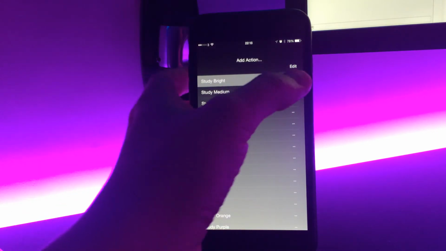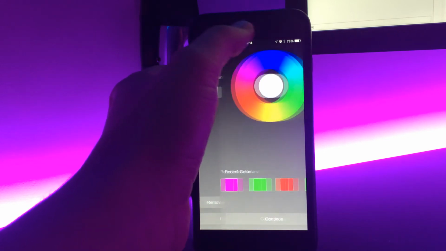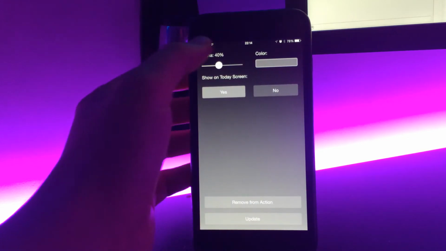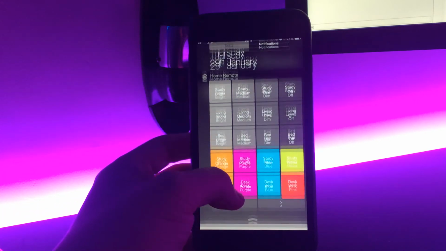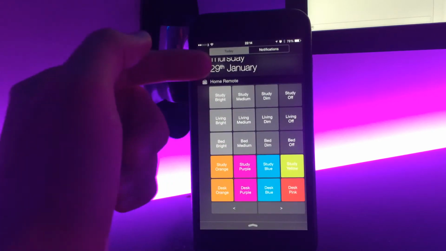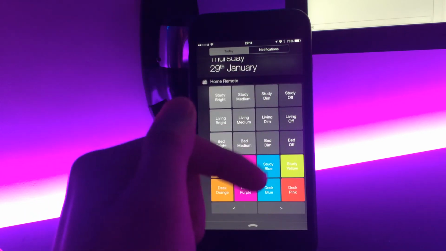A new feature for version 2 was the today screen configuration. Here you can pick the color that a button should show as, and also the alpha. I'm going to pull down my today screen, and you can see here, for the brightness I've got a higher alpha, when they're dim I've got a lower alpha, and off I just have